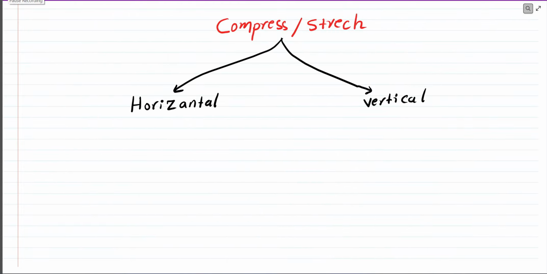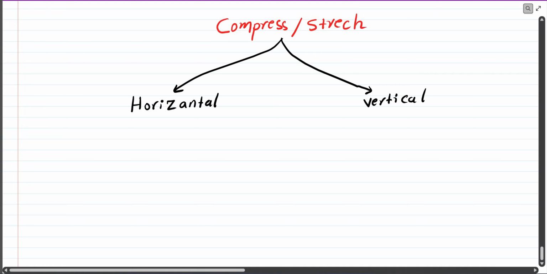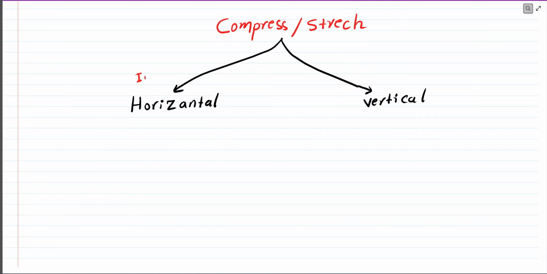Dear students, let's talk a little bit about compression and stretch. For compression and stretch, again we have horizontal and vertical. And for each of them, of course, we have our own rule. Again, remember, horizontal going to be inside. Inside, the whole process going to be inside, but vertical going to be outside. All right? Okay. For horizontal students, we have